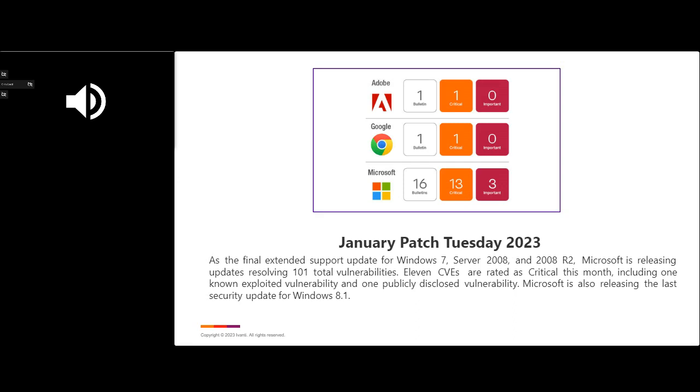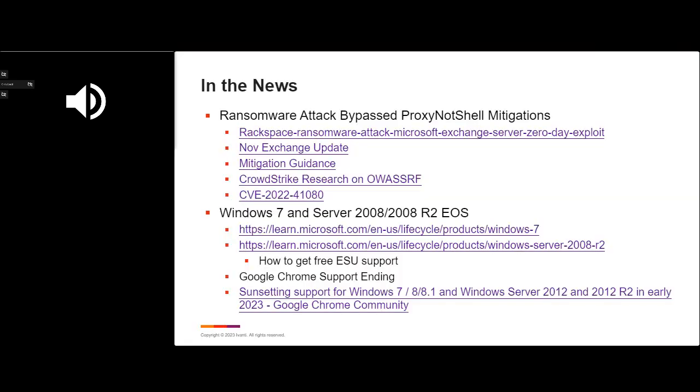Google Chrome did release an update that resolved several vulnerabilities, and then Microsoft had many vulnerabilities resolved in yesterday's release: 98 total new CVEs resolved, and 3 of them were re-releases. Really, most of it was updating that there were either new versions affected, so Server 2022 as an example, or a couple of cases where configuration came into play, additional configuration steps. So we'll talk about a number of the updates there. First off, though, starting with some of the recent news.